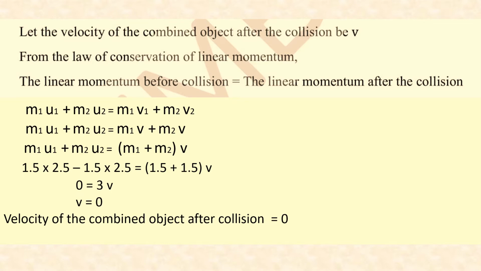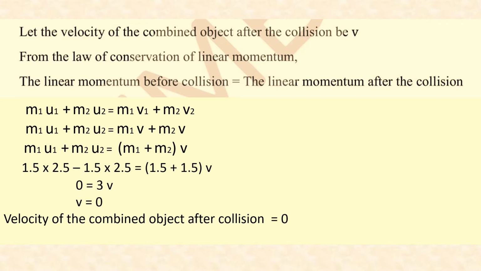This equation is similar to the equation ma ua plus mb ub equals ma va plus mb vb, because there we are denoting the objects as a and b, and here we have taken them as object 1 and object 2. The equations are the same only. Here the final velocity of both the objects is the same. That means we have given a common letter for denoting it, that is v. So on the right side of the equation, the terms v1 and v2 can be changed to v.